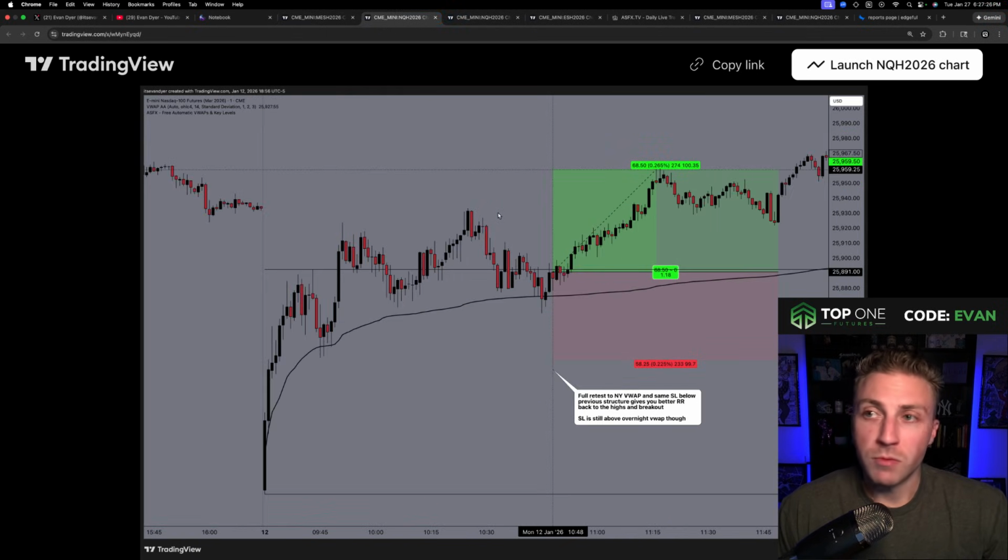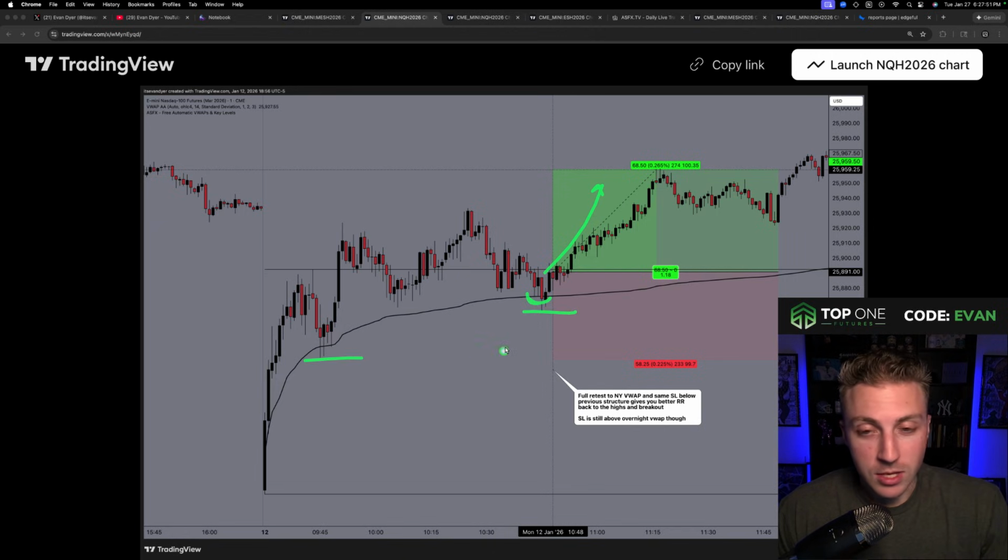Let's take a look at another example from just last week. It's the same idea. Here's that first break of open range high. It didn't really run like it just did on that other markup we looked at, so I don't want to long it. What I know is it's telling me that buyers are in, great. So you could maybe scalp some move up in that new high of day, or you let it pull back to New York. Here's the higher low. Let's go trade back in the direction of trend. Same thing, the stop loss isn't right at current structure, it goes to the previous structure to the left.